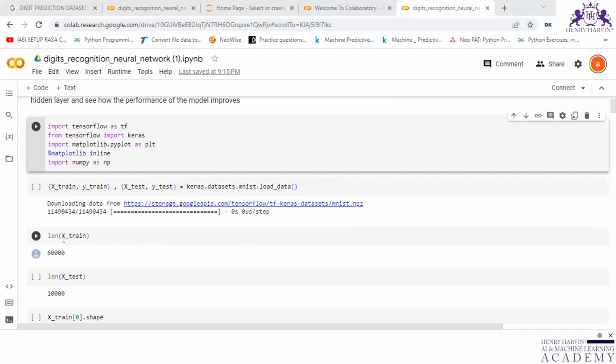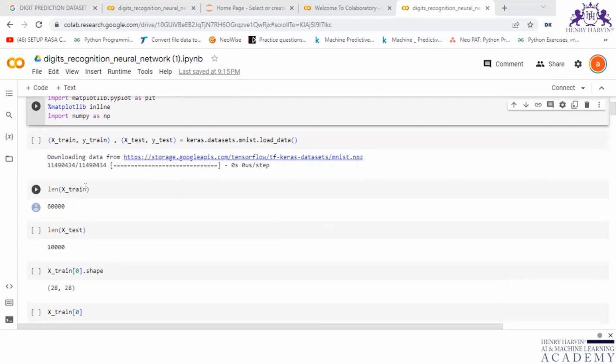Then if you see the length of the data set, it is 60,000. And testing, actually the total data set is 70,000. It is split in such a ratio that in training the length of the data set is 60,000 and in the test it is 10,000. So the total data set will be around 70,000 data. Okay. So the data set will be split into two,